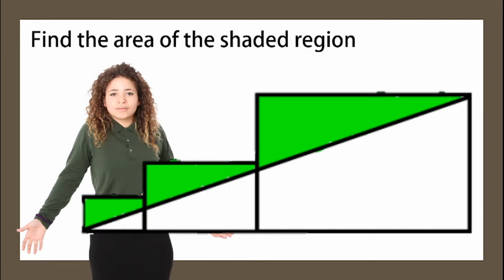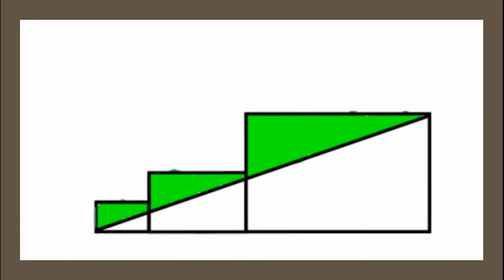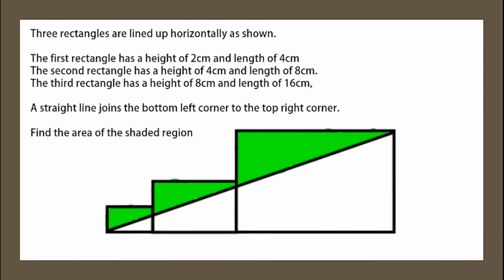So, we're initially told that three rectangles are lined up horizontally as shown. They're all in a landscape orientation and we've been told their dimensions. The first rectangle has a height of 2 centimeters and a length of 4 centimeters. The second rectangle has a height of 4 centimeters, and this time the length is 8 centimeters. And finally, the third rectangle, the largest of them, has a height of 8 centimeters and a length of 16